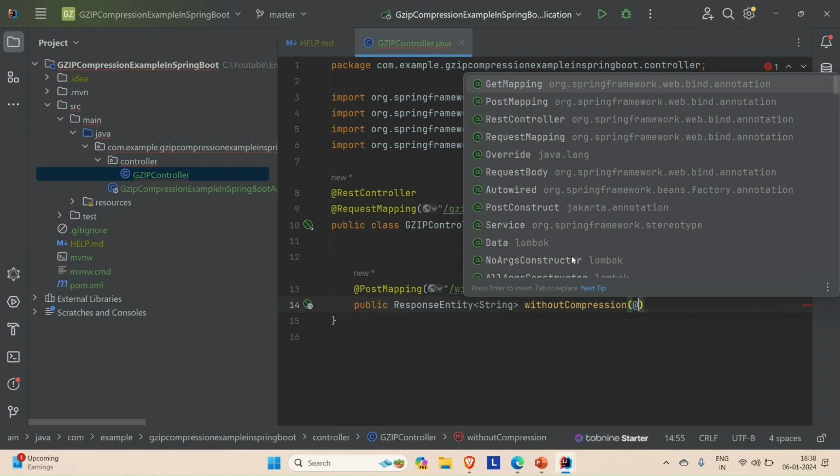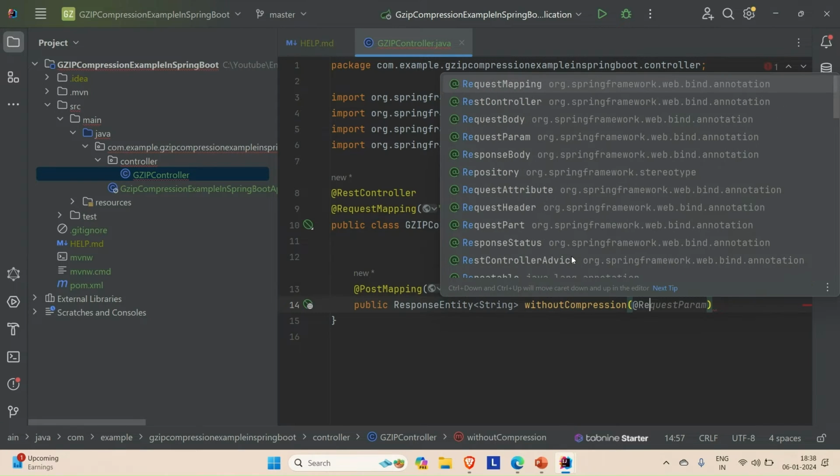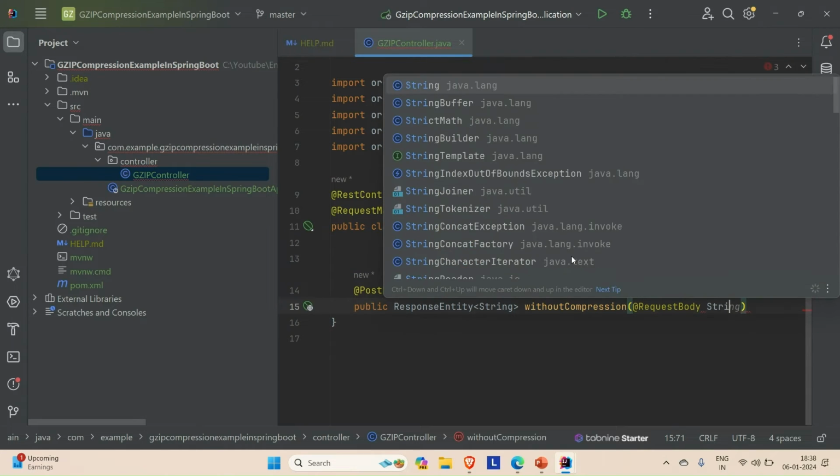Here we are passing some string. We are not going to pass the key and value pairs or some DTO class. We are simply passing some string as a request body. So just do that, RequestBody and String,